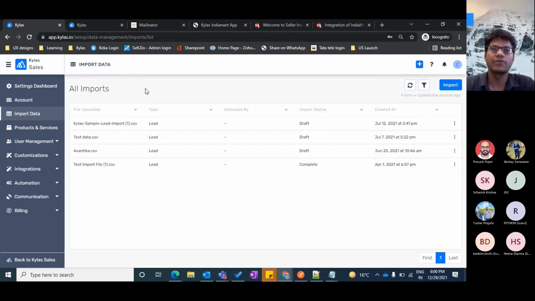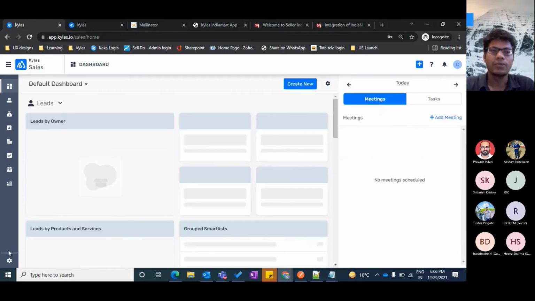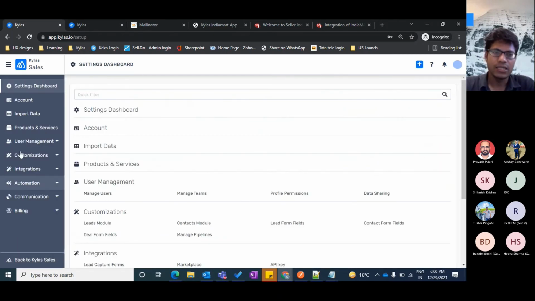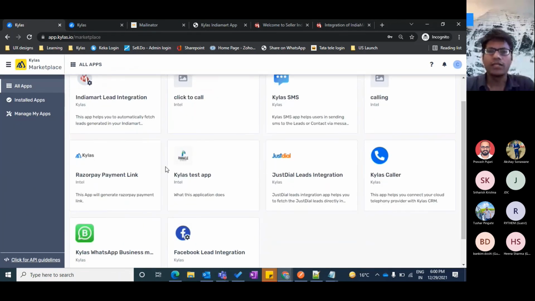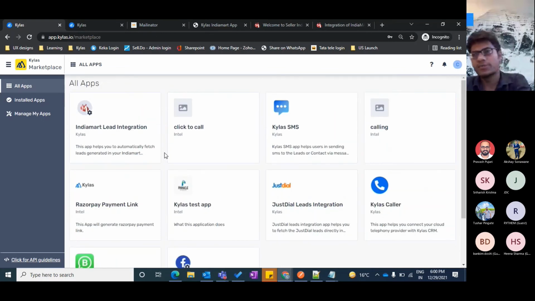So with the help of this IndiaMart application, we are trying to reduce that delay as much as possible, and bring all the leads coming from your IndiaMart or Facebook in almost real time, so that you can start your pitching as early as possible and convert those leads earlier than other people, because IndiaMart sends the same lead to multiple vendors.